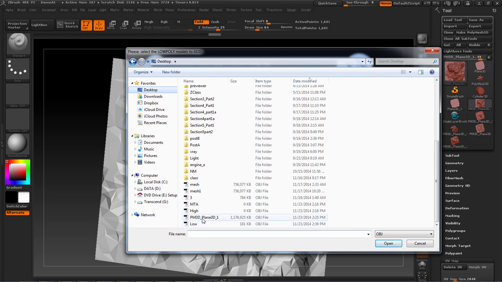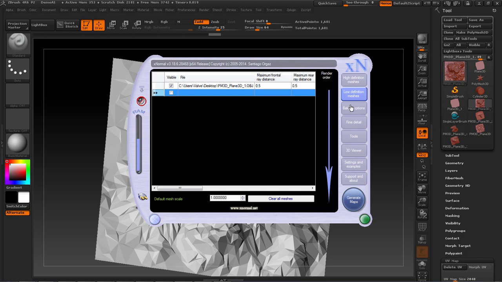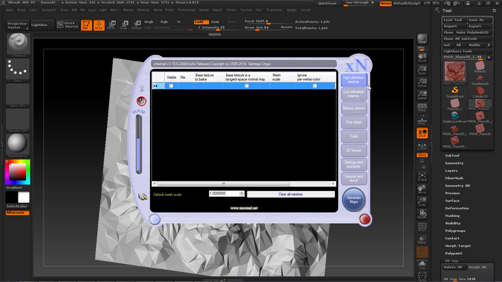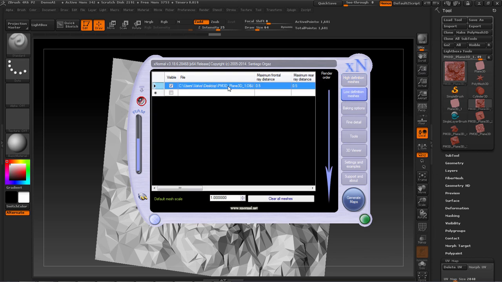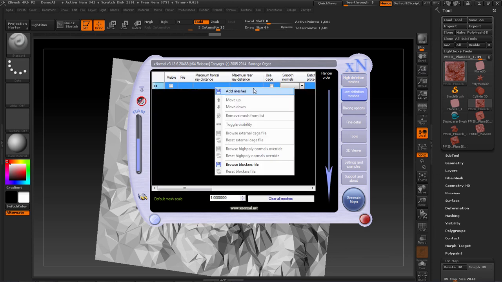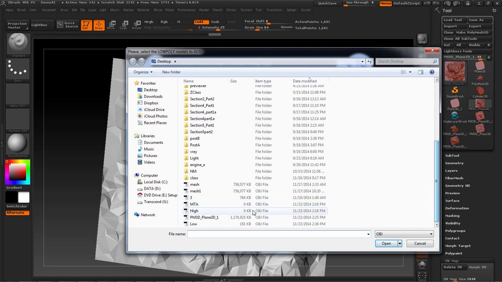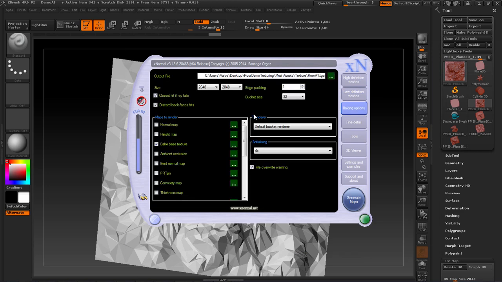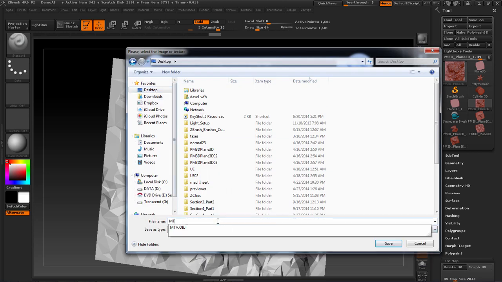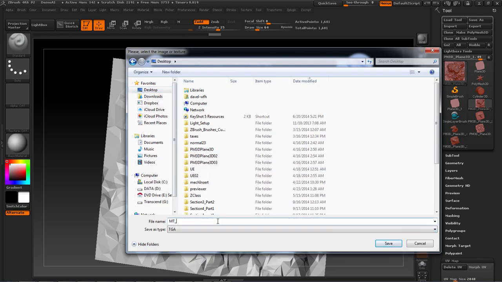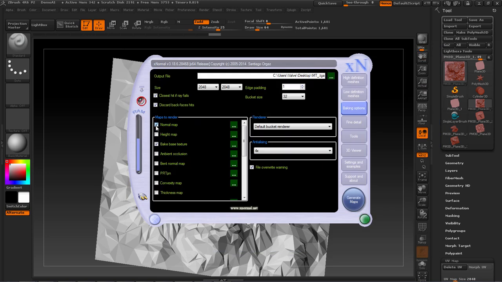So we'll go ahead and add the high res, and I actually added the high res into the low res slot. I got to change that. Don't render that; it won't work. Add this low. Okay, baking options. Come up here. Desktop. We're just going to call this MT for mountain. Okay, and we'll do our normal,